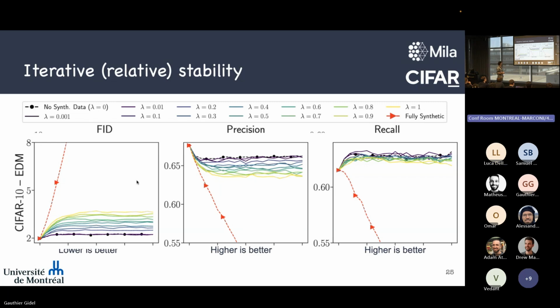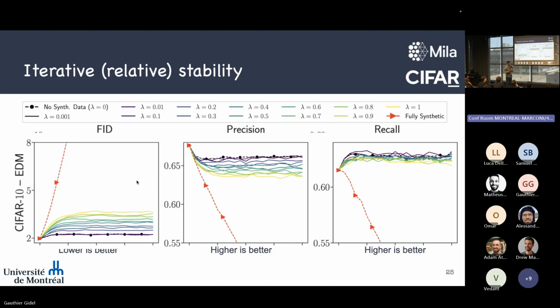What we plot now, instead of having some visual argument, I convinced you by picture here, and here I will convince you with some quantitative metric. The more blue the plots, the less synthetic data you use, and the closer to red, the more synthetic data they use. In particular, the red one uses only fully synthetic data, and you really see this very fast divergence of the FID. For FID, lower is better.